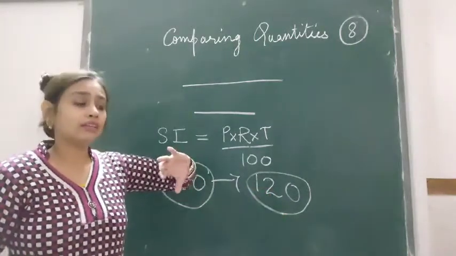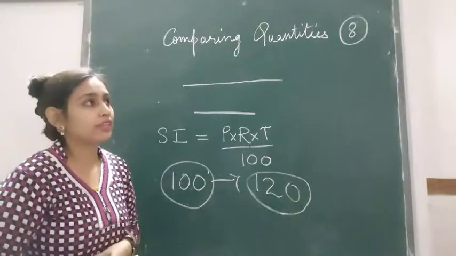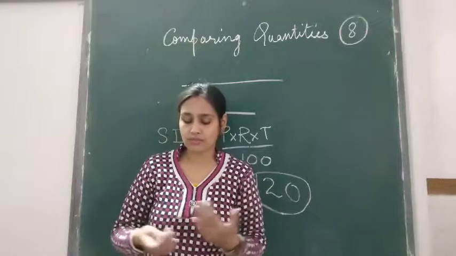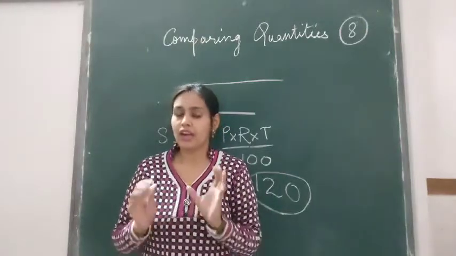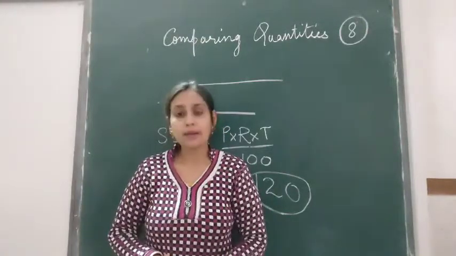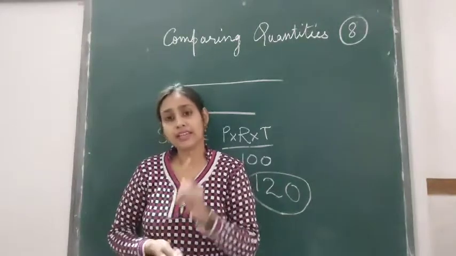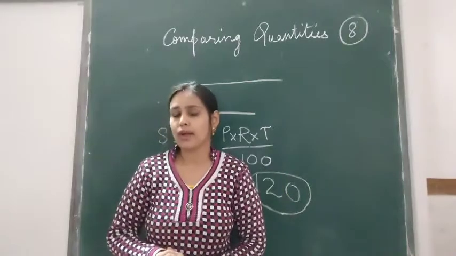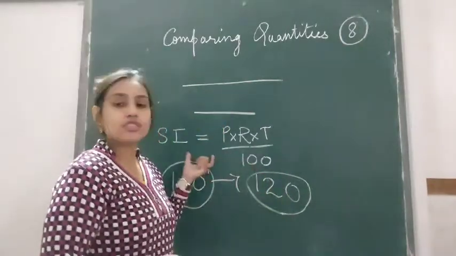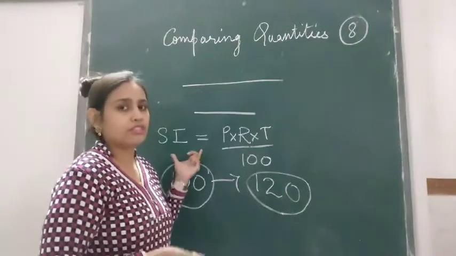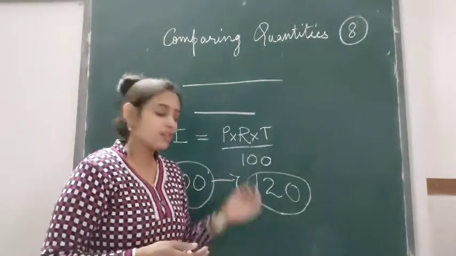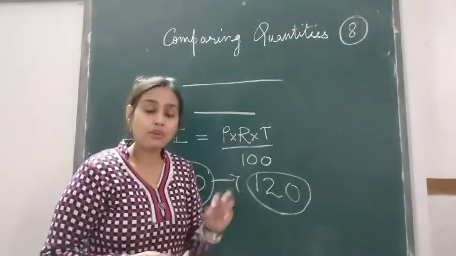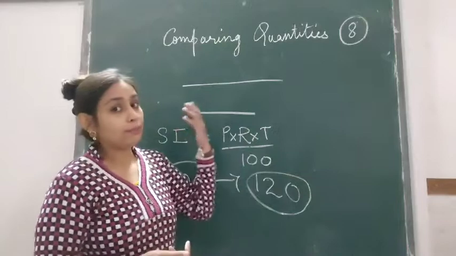But children, when we do the same thing in the bank, like when we keep the money in the bank, we get an interest. Every year we get interest if the amount is same. But every year the interest we get is not same. So the interest increases gradually. Okay, why? Because the money charged is not simple. The interest is not simple. We always get an interest on the amount which is for the previous year.